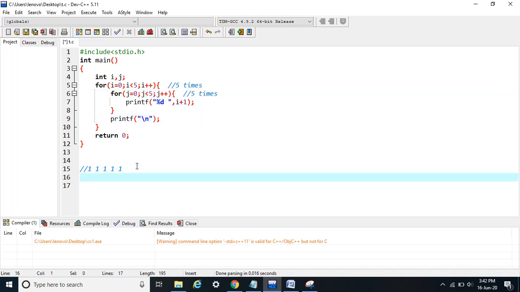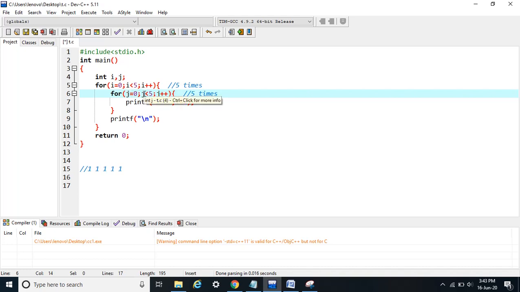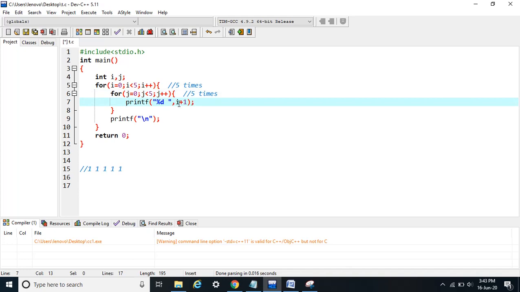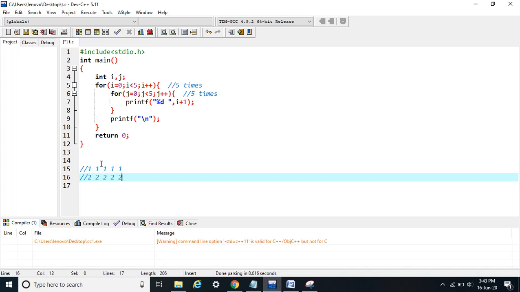new line. After that I will become 1, condition is true, here j will be again set to 0, condition will be true, this part again execute, but now the value of I has become 1, and when we print I plus 1, so we will print 5 twos.